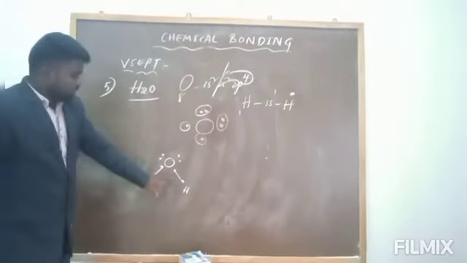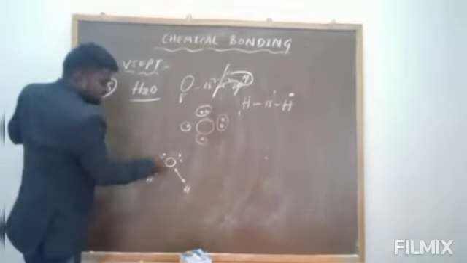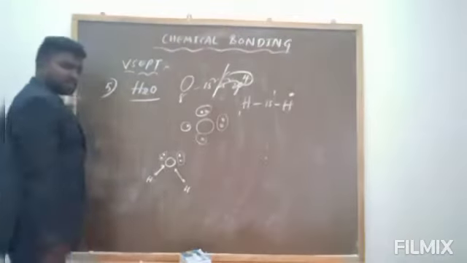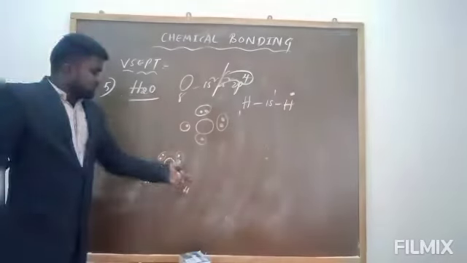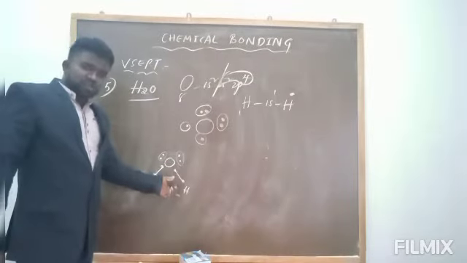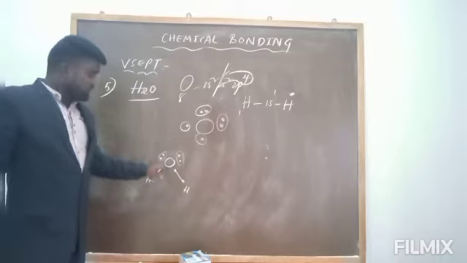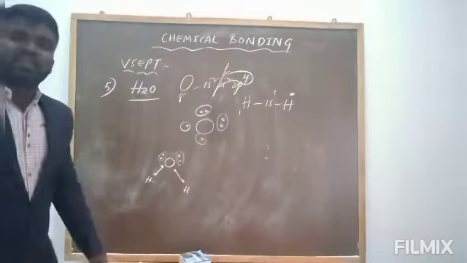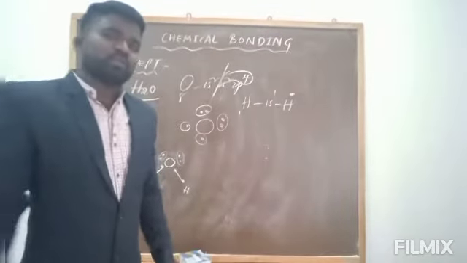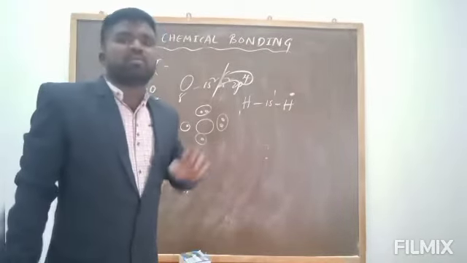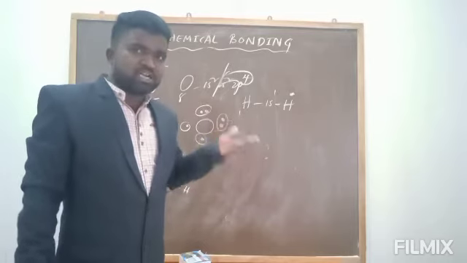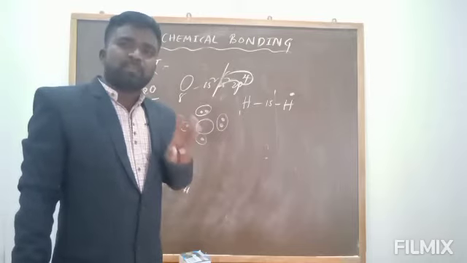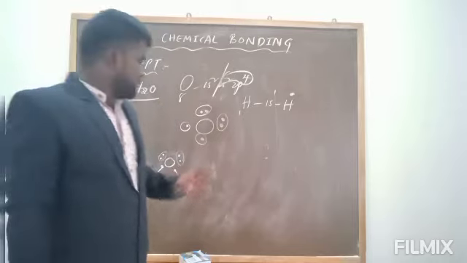molecule. Here, oxygen contains two lone pairs and hydrogen contains bond pairs. So here there is a repulsion. Oxygen has two lone pairs, so here lone pair repulsions will be there. In ammonia, it is lone pair bond pair. In the rest, BeCl2, BF3, CH4, bond pair repulsions will be there.